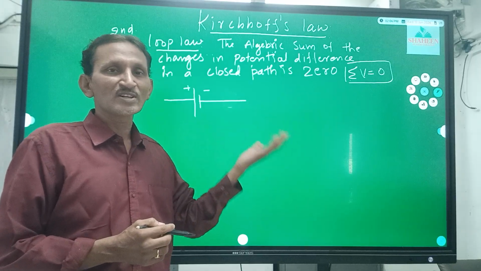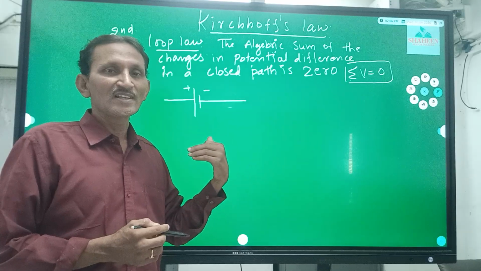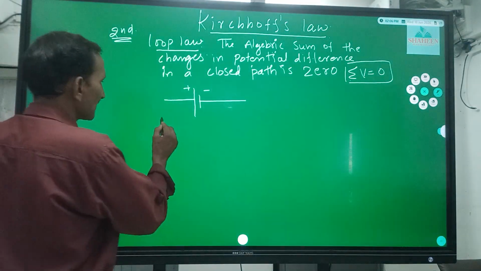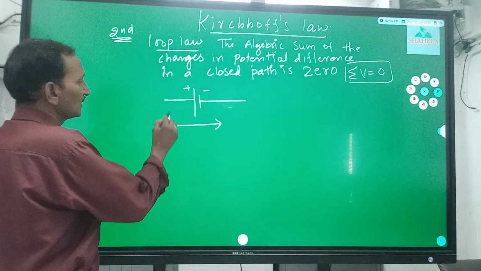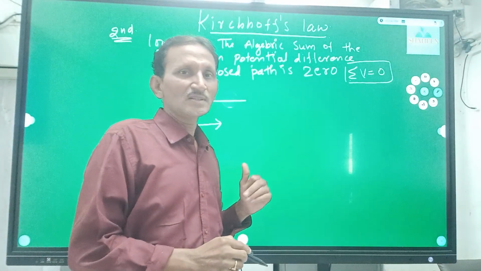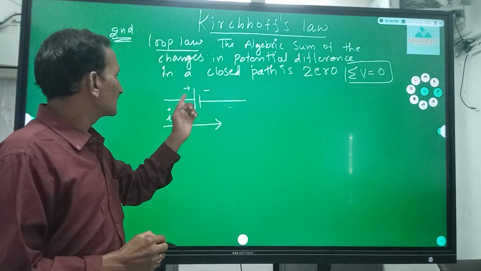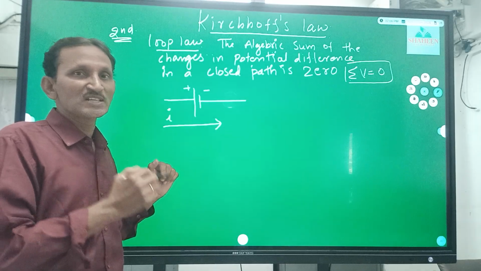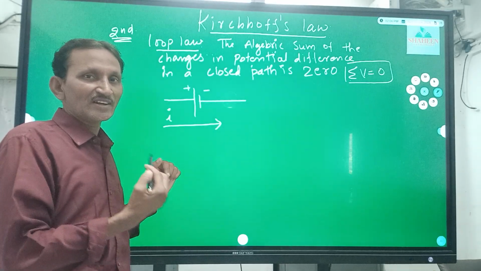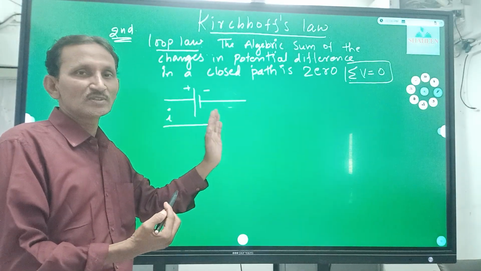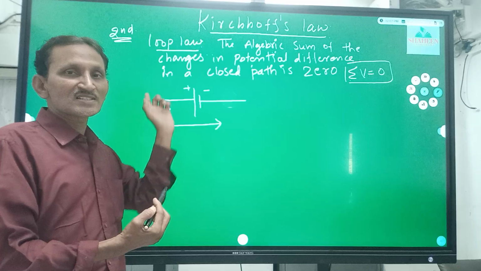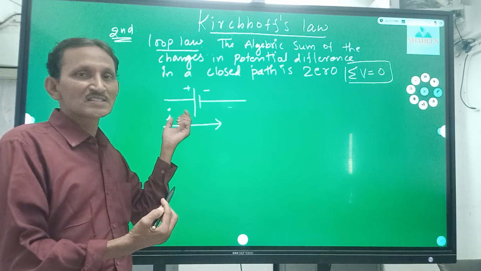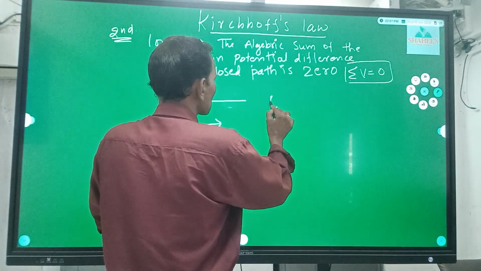So when you go from higher potential to lower potential, if the direction of the current is from positive to negative, in the path direction you are taking, suppose you are going in this direction, then there is a fall of potential. Always remember the approaching sign, in which direction you are moving. The current direction I am showing is from positive to negative, so the approaching sign is positive. When the approaching sign is positive, the potential across this battery, E, should be taken as